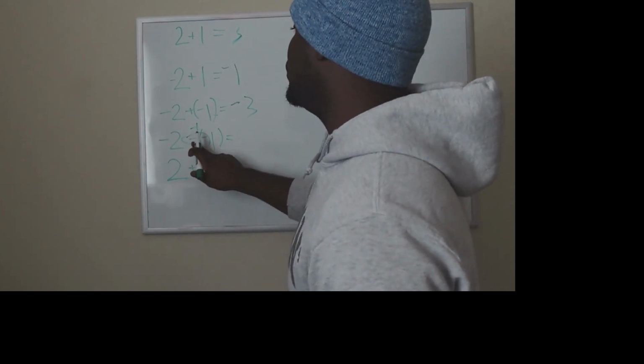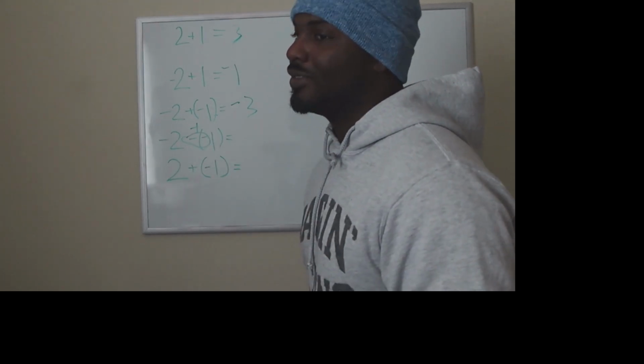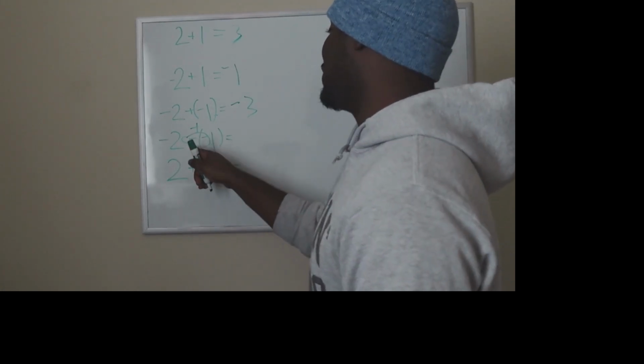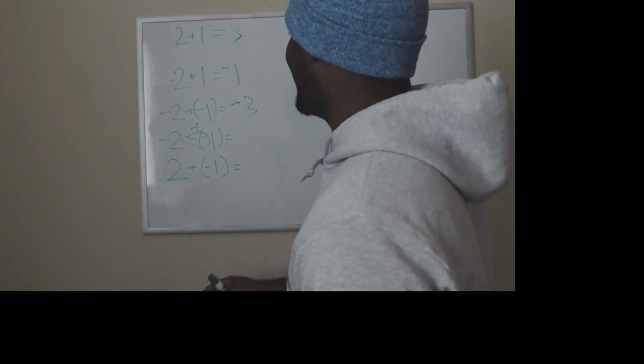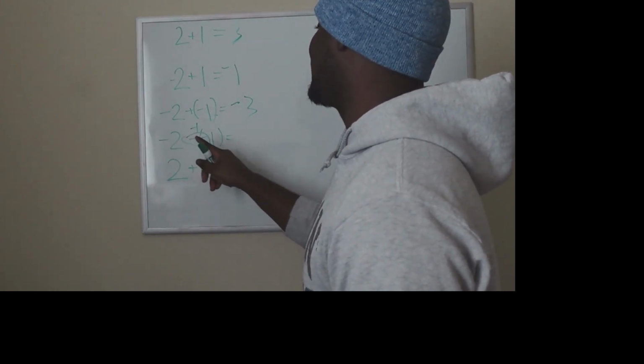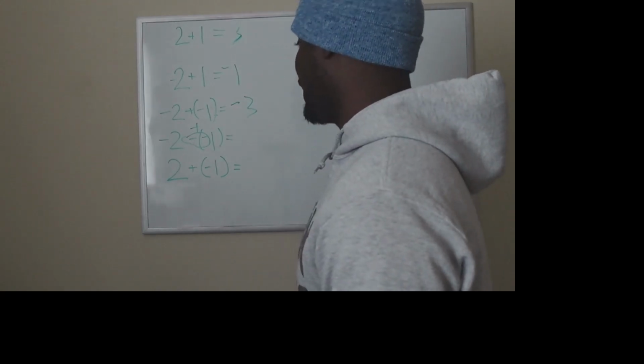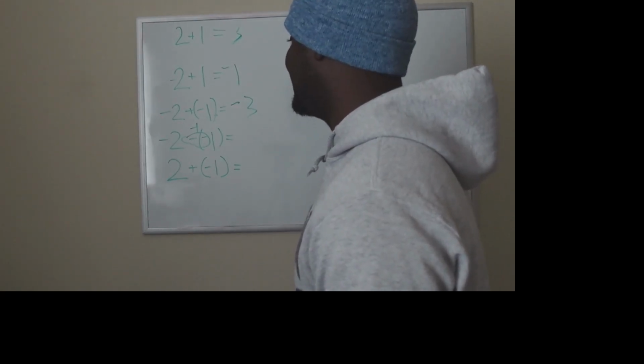So 2 negatives always equals a positive. I need you to remember that. So you see a minus and a negative, circle it, plus. Now it's the same as saying negative 2 plus 1, right? What do we do with that? Negative 2 plus 1,